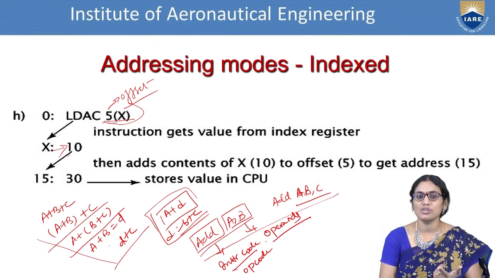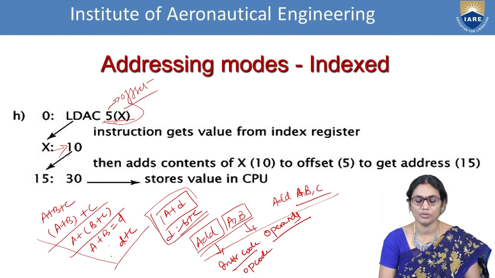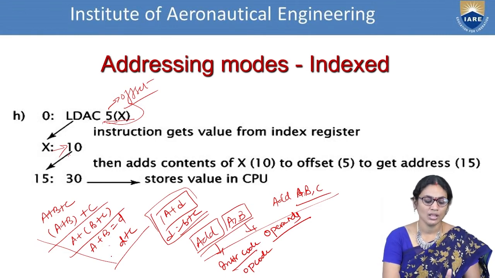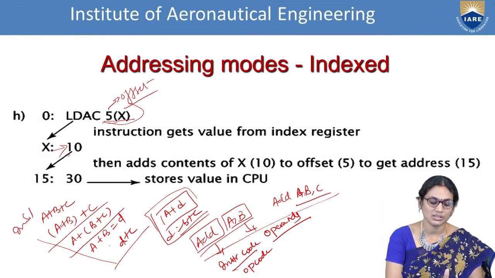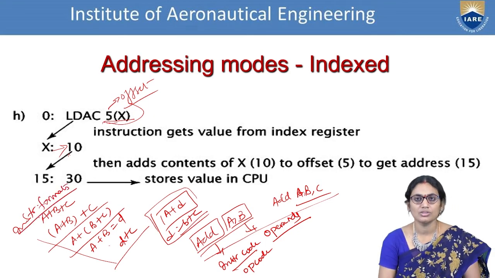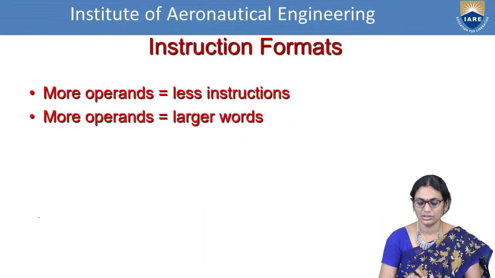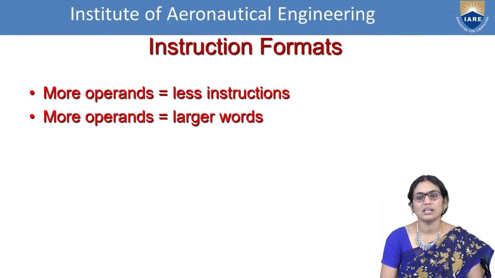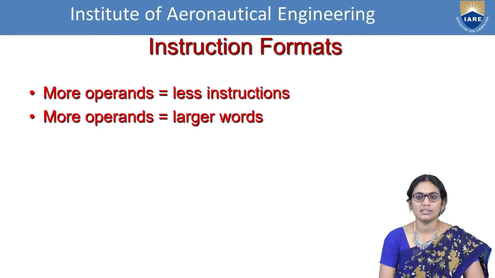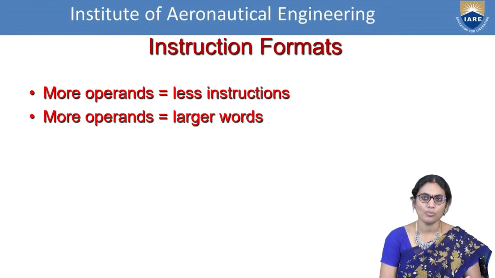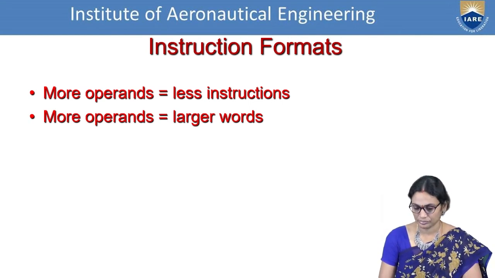And in how many ways you are representing, that is again another format. So one is converting, the second one is format representation. We are calling this instruction formats. Let us see this. The instruction formats can be of different types. We can either include more operands with fewer instructions, or we can include more operands with larger data specifications. These are the 2 important things we have to consider.